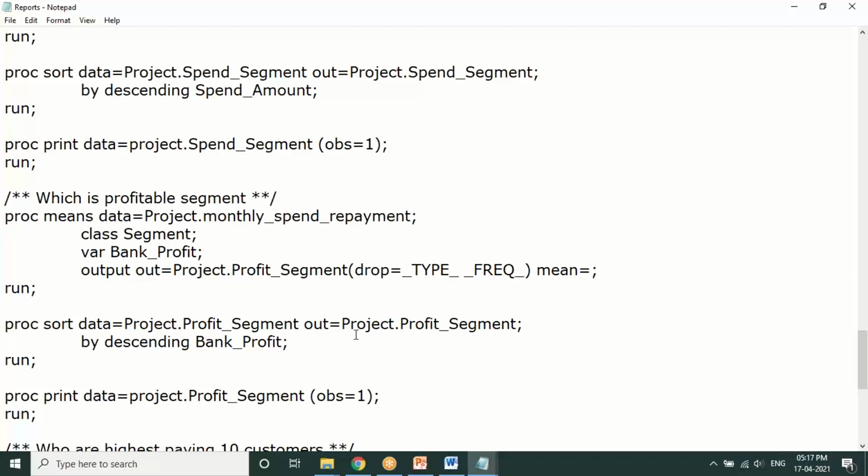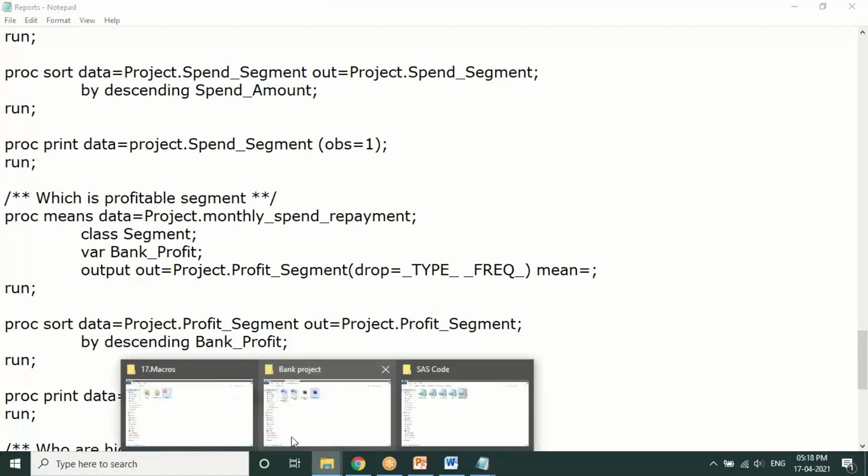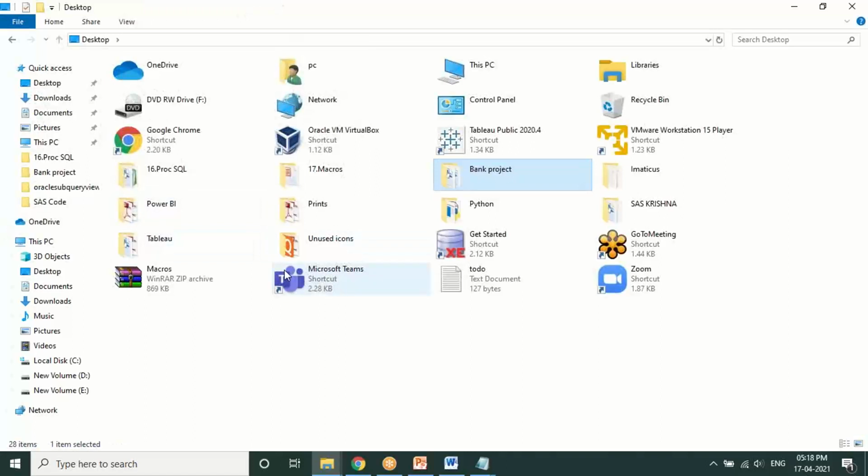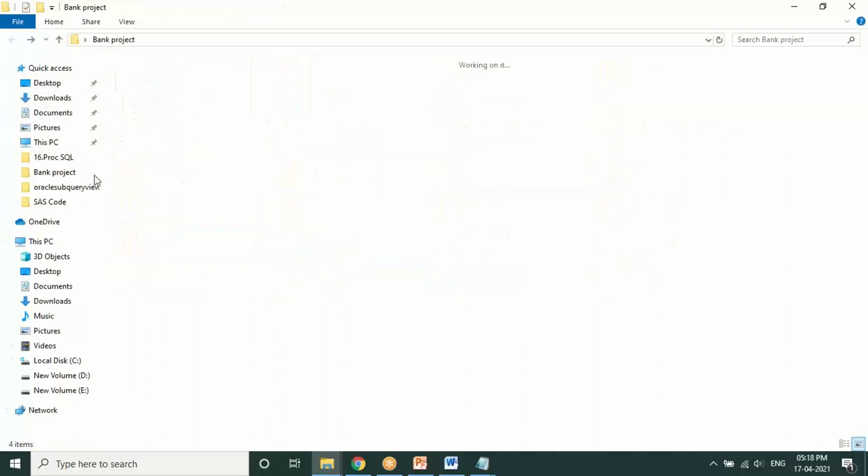Yeah, Krishna, you have just shown me the code, but generally after completing my analysis or preparing my report, I show some graphs along with some insights. Can you show me that? Actually, I don't have this data loaded, Bhushan. If the data were loaded, then I would have shown you one kind of output. So I have to load all this data first into SAS Studio. Then I'll be able to do that.